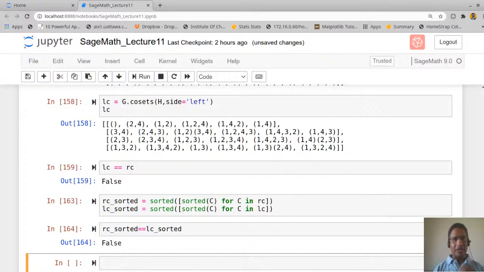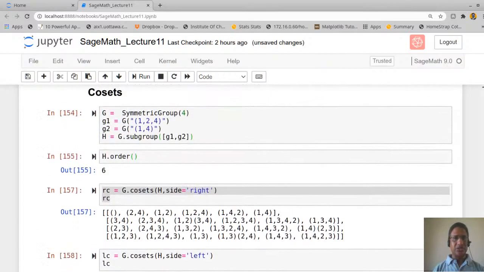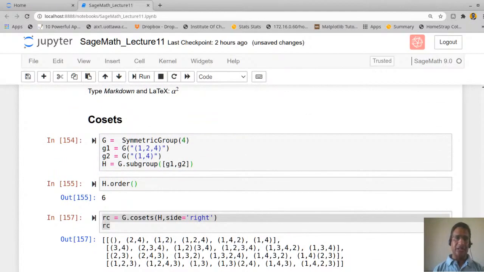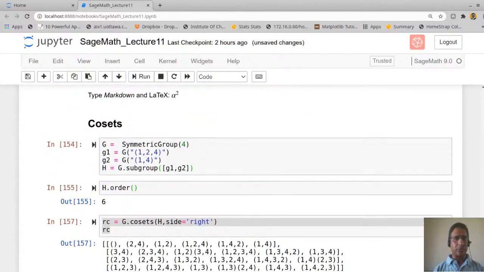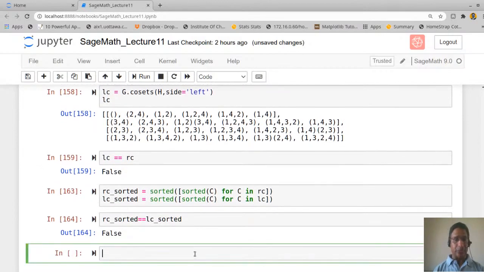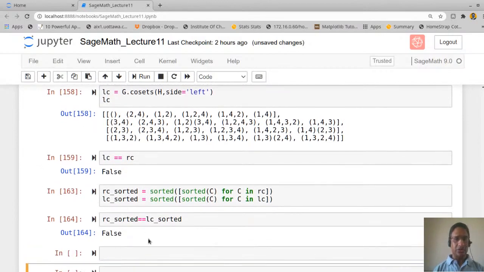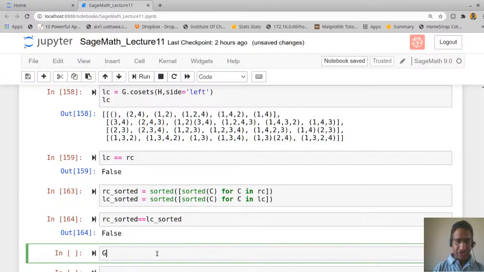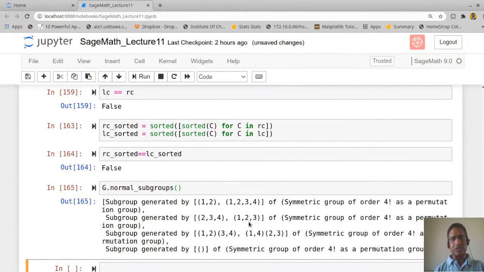Okay, so how do I generate a normal subgroup? It knows how to generate subgroups. We already just now saw underscore subgroups will generate all subgroups. It can also generate all normal subgroups. So let us see how you will generate. If I say G dot normal subgroups, this will give you all the normal subgroups. In this case there are 4 normal subgroups, 1 2 3 4, and you can find out what are the orders of these normal subgroups.